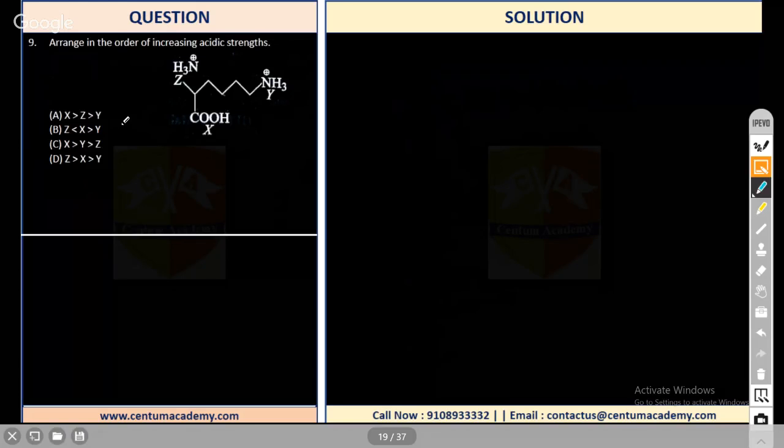So on the other hand, Simon is getting A, Atmesh and Vishish is getting B. Why is it B, Atmesh and Vishish? See, I'll just tell you. First of all, the carboxylic acid is the most acidic here, right? So X would be maximum because of the carboxylic acid. We'll have maximum X. Now both are amino acid here,